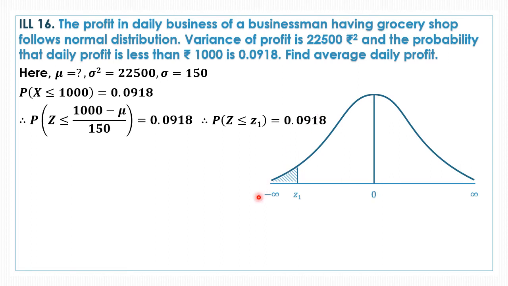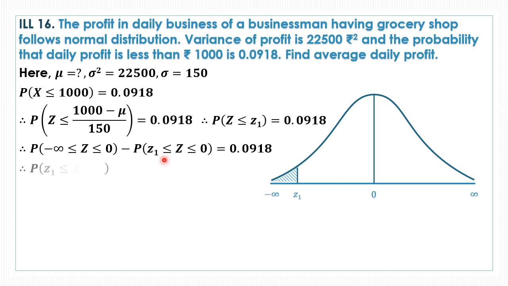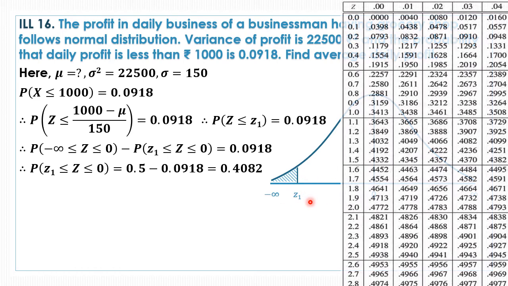Okay, so starting from negative infinity, a very small portion is highlighted. Right now my split up will be negative infinity to 0 and minus z1 to 0. The probability is 0.0918. I already have this negative infinity value 0.5 here. So 0.5 minus 0.0918 will be 0.4082. So this is the area which is 0.4082, and from that I can calculate the value of Z1 using my